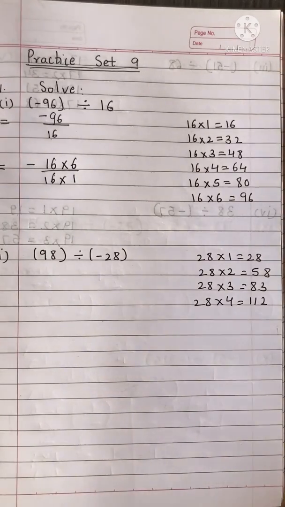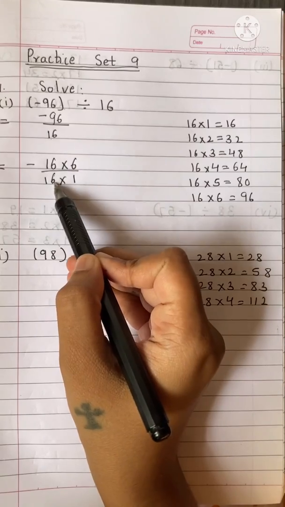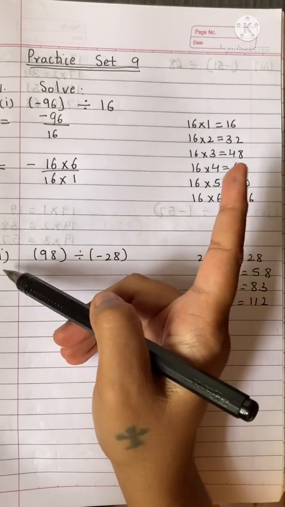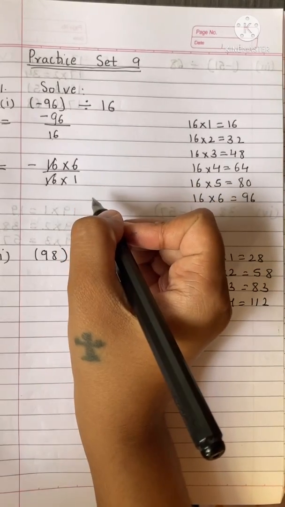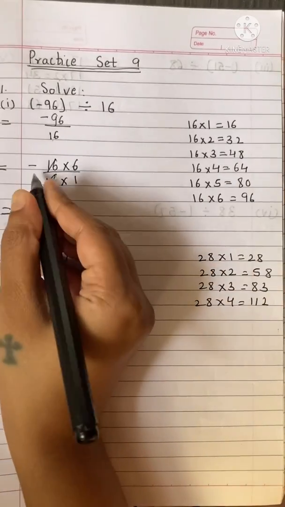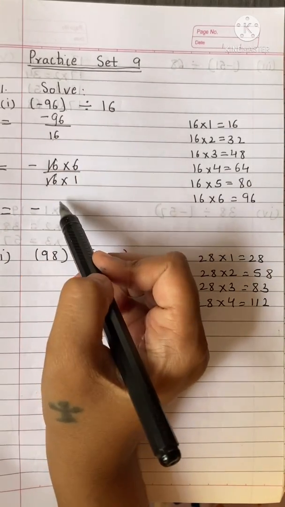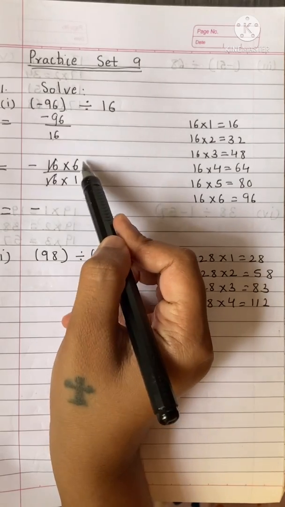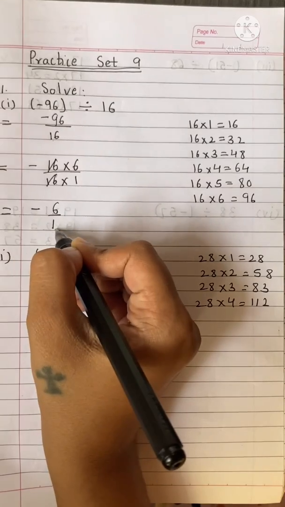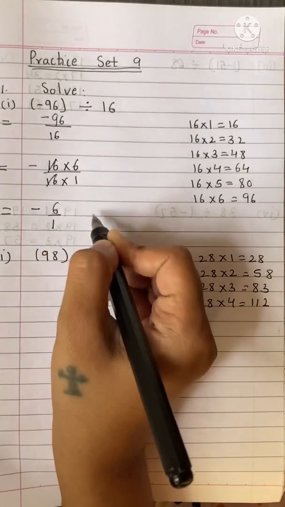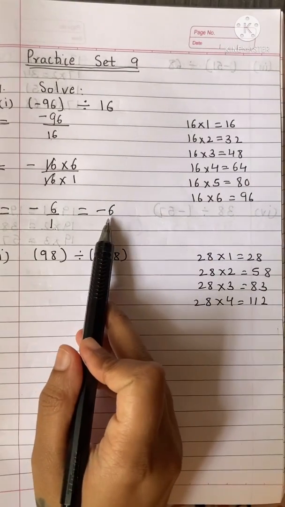Now what do you have to do? From this part you already know. In the numerator as well as the denominator, whenever we have a common number, we can cut that number, and whatever part remains becomes the answer. Don't forget to write this minus sign because that is important. If you don't write it, you will lose marks. The minus sign remains, as well as 6 upon 1. Whenever 1 is in the denominator, we can just write the numerator. So the answer is minus 6. This was the first sum.